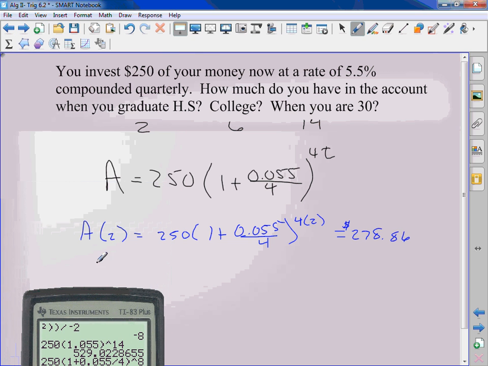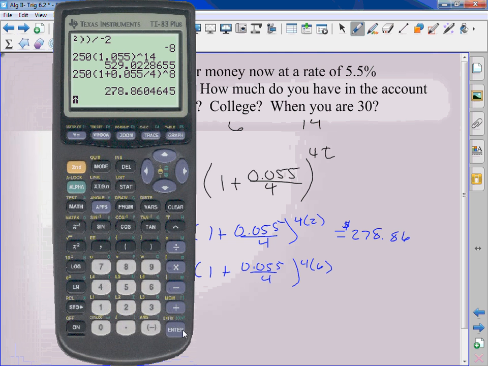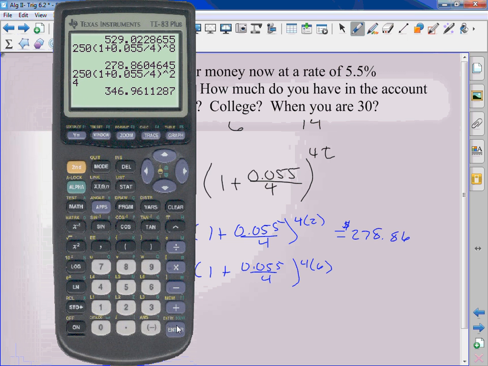For the next one, A of 6. I use 250, 1 plus 0.055 over 4, 4 times 6. To save myself a lot of typing in the calculator, second, enter, change the 8 to a 24. So now after 6 years, I have $346.96. How much of a difference is that one? $2. Okay. And then for the last one,